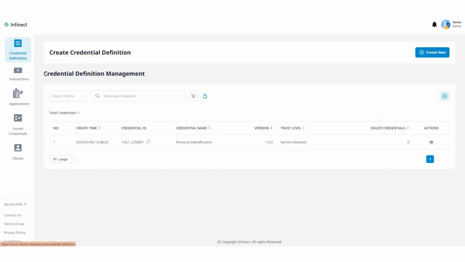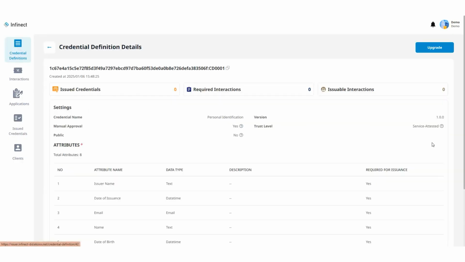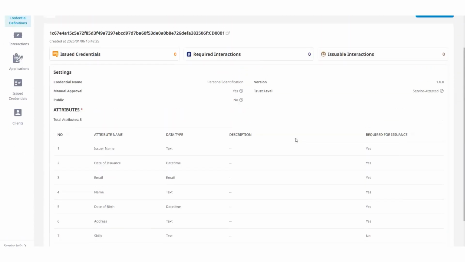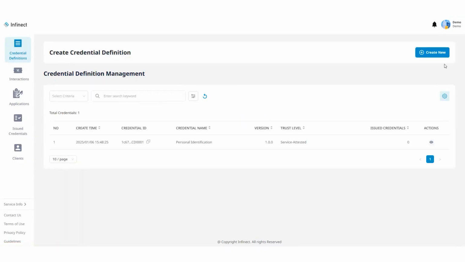Clicking on the tab redirects the issuer to the Credential Definition list screen. Issuers can click on the eye icon to view the details of a credential definition. To create a new credential definition, the issuer clicks on the Create New button on the list screen to open the Create Credential